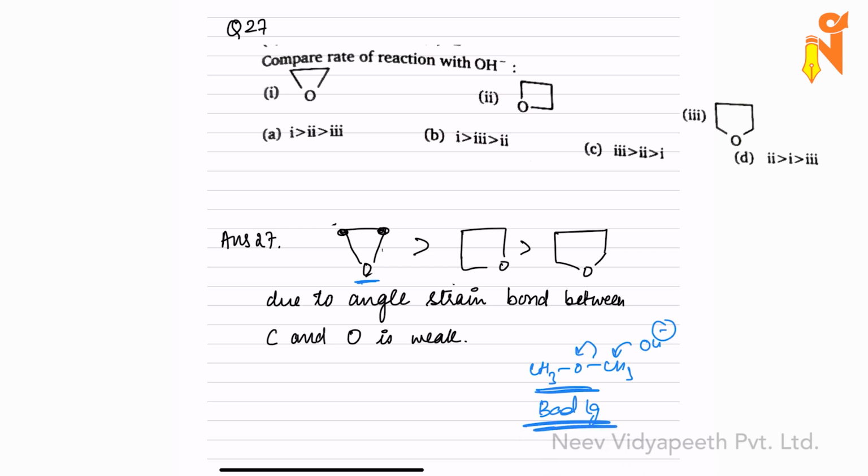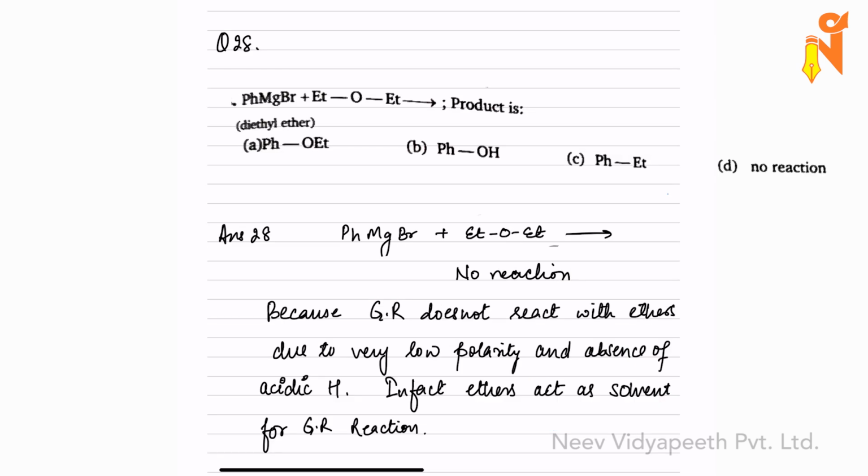But this is in the case of open chain ethers. In closed chain ethers, this oxygen will be a relatively better leaving group. Why? Because of the angle strain; oxygen is ready to break the bond, not because it has a positive charge, but because it is highly under angle strain. So if OH minus attacks over here, this bond can cleave, and it will cleave due to the angle strain. The more the angle strain, the easier and faster the attack of OH minus on the carbon. So this reaction does not happen in open chain ethers. In closed chain ethers, the smaller the ether is, the easier it is to break the carbon-oxygen bond just because of the angle strain, not because oxygen is a good leaving group. Here oxygen acts as a good leaving group even without a plus charge because of the angle strain present.